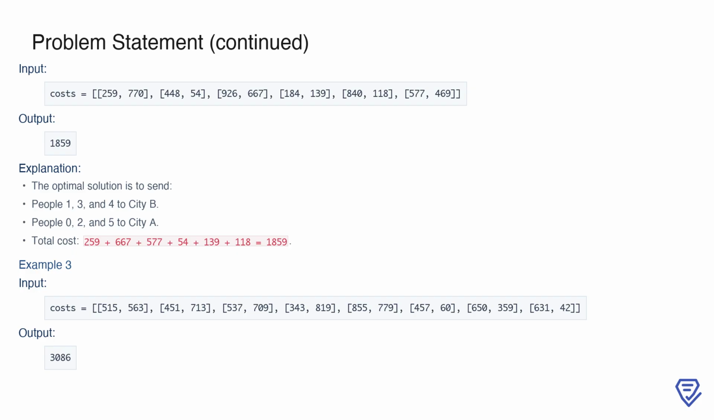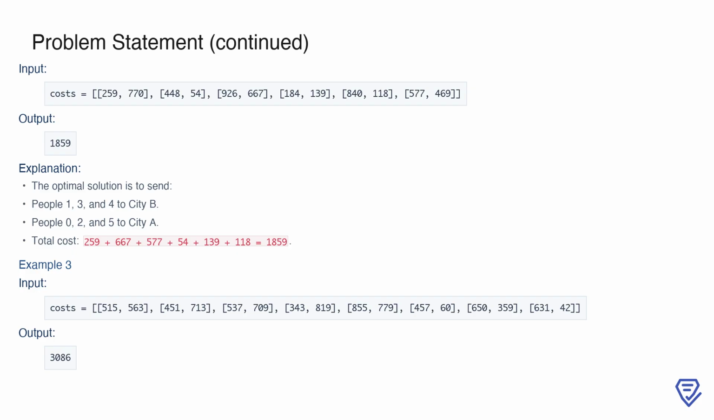Now, consider the second example with the input costs list: [259, 770], [448, 54], [926, 667], [184, 139], [840, 118], [577, 469]. Here, there are 6 people, so 3 must be sent to City A and 3 to City B. After determining the optimal allocation, we send people 1, 3, and 4 to City B, and people 0, 2, and